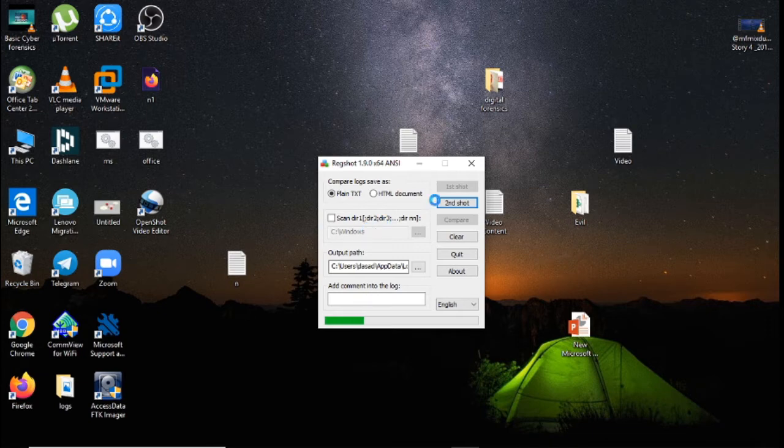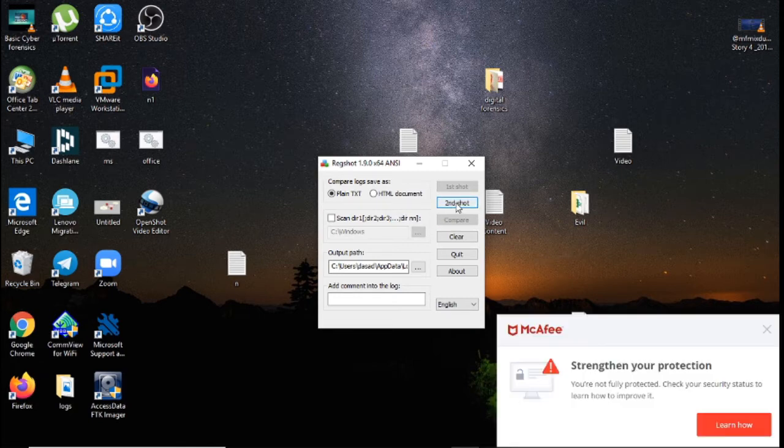So why are we taking these snaps? We can say that suppose you found a system at the crime scene. So you want to save all the data which is present at that time in that system. So you take the snap of the system. It's like you are saving all the data in one snap. After some time you can compare it if you modify something in that system. So after that we'll take snap 2. So now let's go and select snap 2,